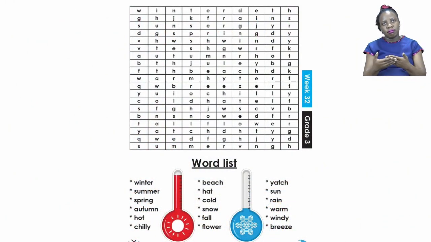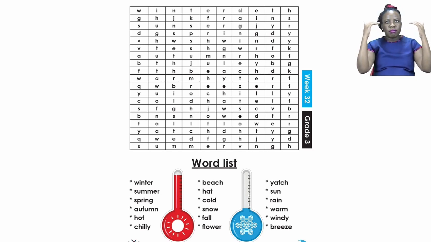On page 27, we have a word search. Now I know we already know these word searches because we've been doing them for a long time. Today, our word search is all about the seasons. We have the words, let's read them together. Winter, summer, spring, autumn, hot, chilly, beach, hat, cold, snow, fall, flower,